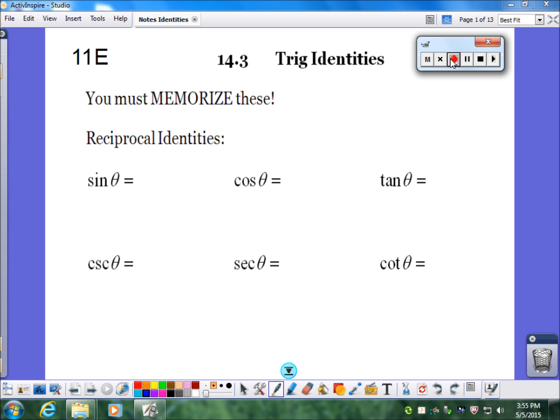All right, this is 11E notes on trig identities. So these are just statements that are true about using trig functions. And I'll show you how we're going to apply these in a moment. All right, the first ones we're going to look at are what we call the reciprocal